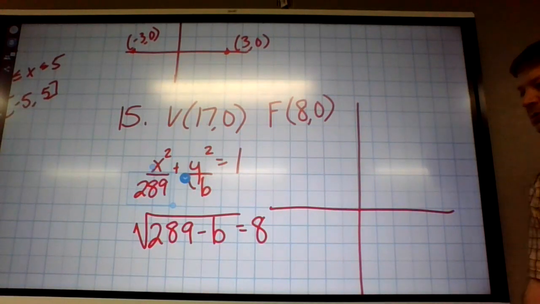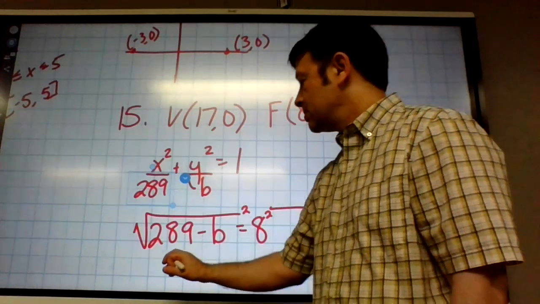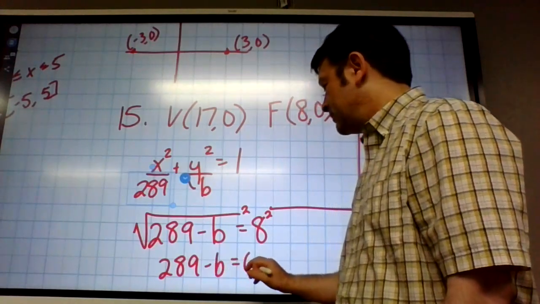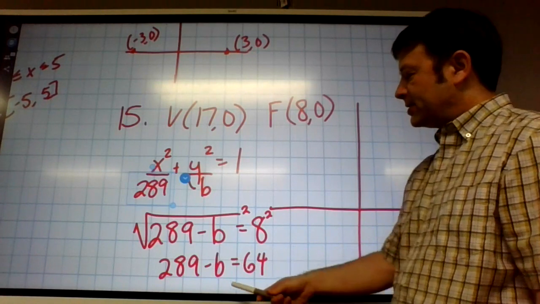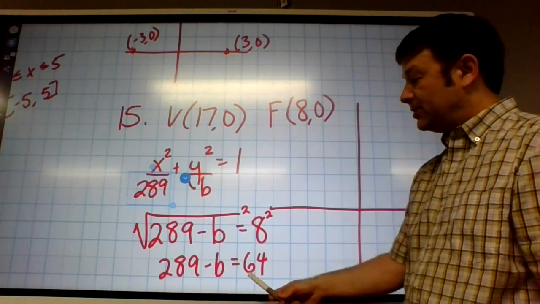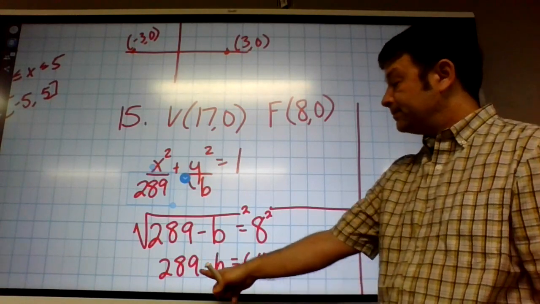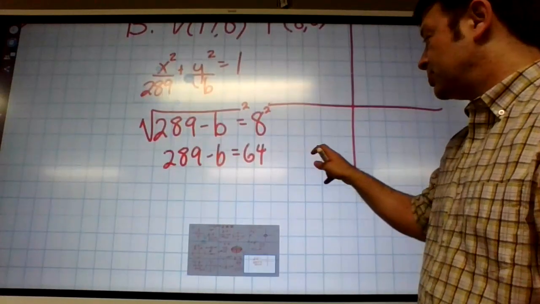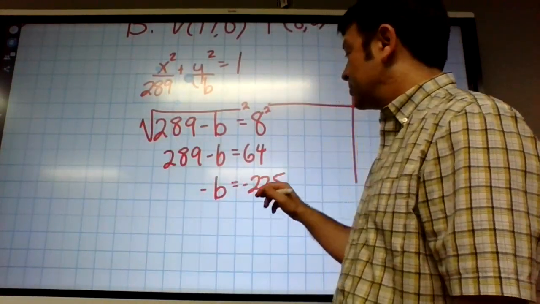How do I get rid of the square root? Square it. 289 minus b equals 64. It's basic. So if we subtract 289, we get negative b equals negative something. 289 minus 64 is 225. So negative b equals negative 225. So b is